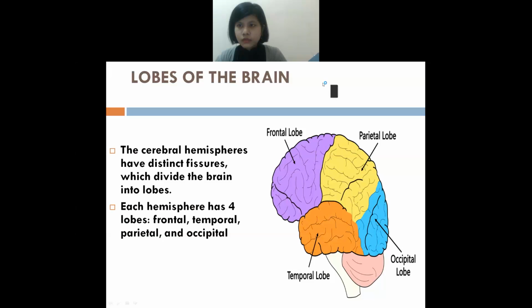So, good morning, students. In the last class, we discussed the lobes of the brain. In the cerebral hemisphere, you can see that the brain is divided into four lobes. What are the names of the lobes? First is the frontal lobe, which lies at the front. Parietal lobe lies at both sides, this and this. We have two parietal lobes. Next is the occipital lobe, here at the back, and the temporal lobe is on both these sides. So these are the lobes of the brain. Four lobes you will find.